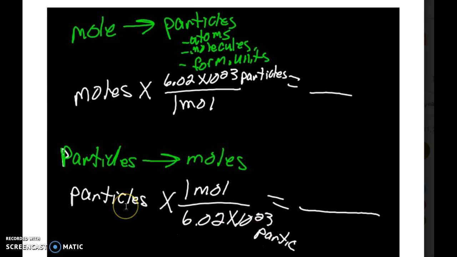For the other possible conversion, sometimes you're given numbers of atoms or numbers of molecules, so you're given particles and you have to convert to moles. You're going to use this same conversion factor: 1 mole is equal to 6.02 times 10 to the 23rd particles. So if I want to end up with moles, then I use that as a conversion factor and I put